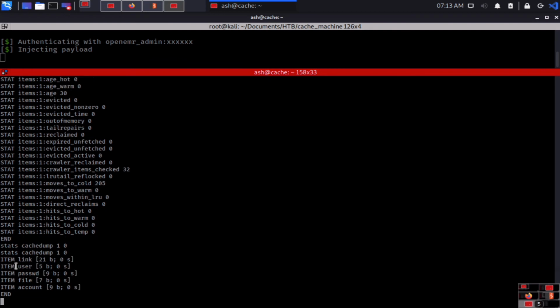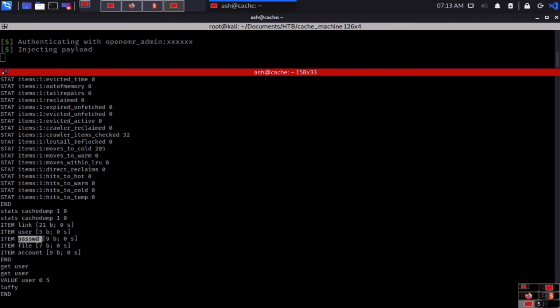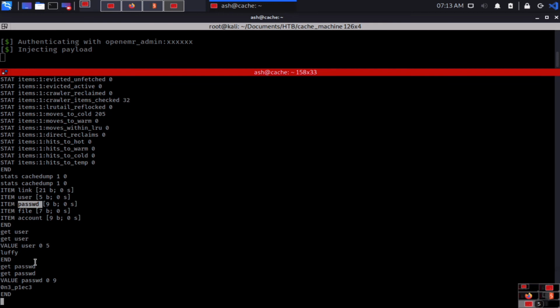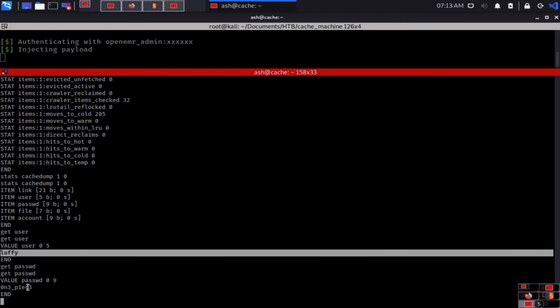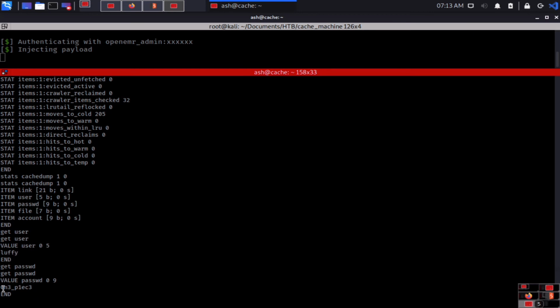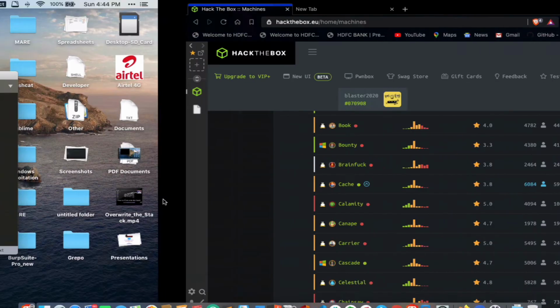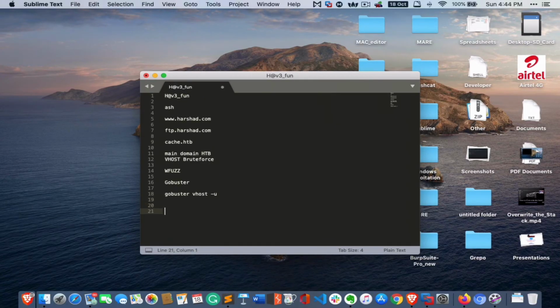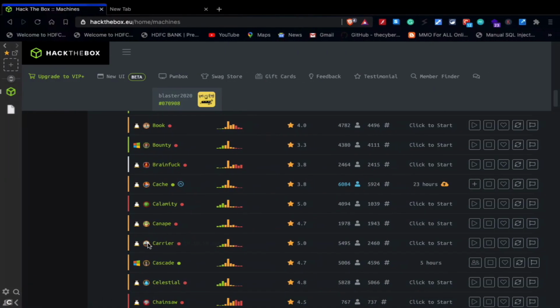So this is the cache, and here okay, user and the password, right? This is how we identify the things. So let's do some get user on this, and then get password on this, and you can see we got the password. The user, you can see clearly we have ALUFFY, and the password we can see clearly is called this. So let's copy this password, and you can just put on this note, this is the password, and user is ALUFFY. So we got the information.